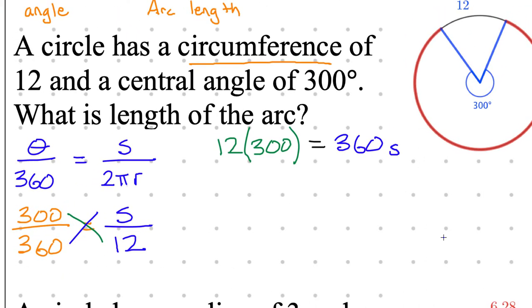We need to figure out what that is. Well, I'll give you this hint. 12 times 3, I'll ignore the 300. 12 times 3 is 36. And then I add the 2 zeros on. So this is now going to read 36 with 2 zeros, 3,600 is equal to 360s. Ooh, there are some interesting similarities in the structure on the left and the right. They look very similar. One just has more zeros.